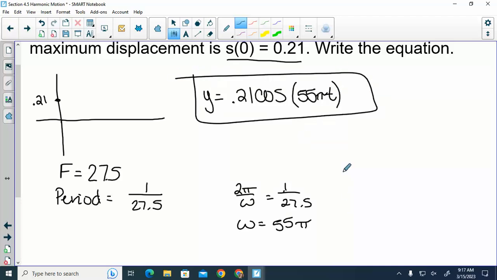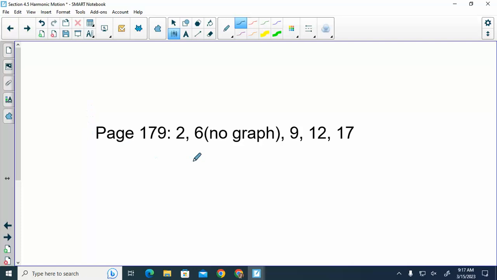So really all we're doing on these is writing equations. Any issues with that? So I'm done. Only 5 problems. Number 6, it says to draw a graph, you do not have to